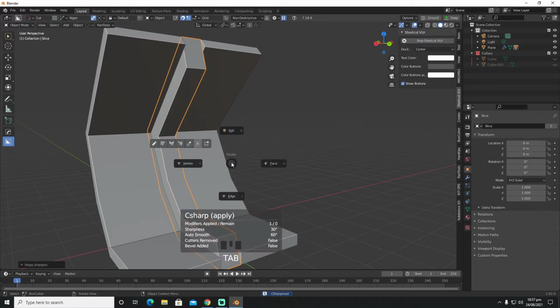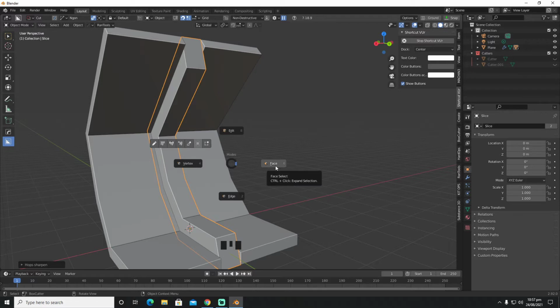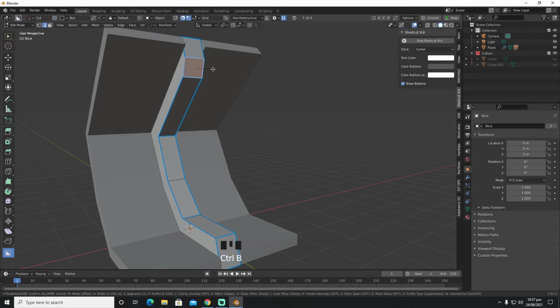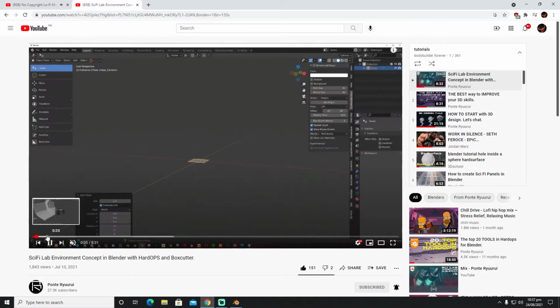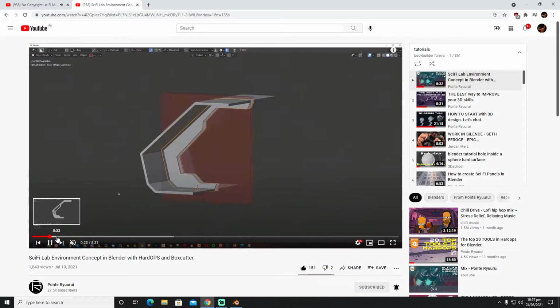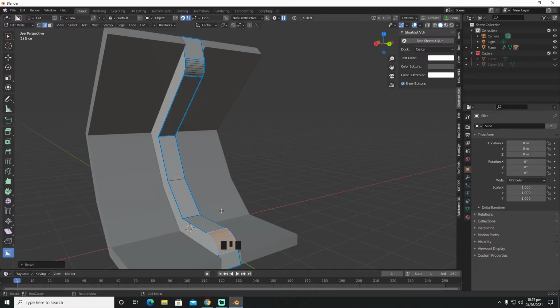so we're gonna sharpen this, and what we're gonna do is we're gonna go into edge mode, and we're gonna select this edge, and we're gonna Control B this. Yeah, we're gonna Control B this, and we're gonna select this edge, and we're gonna Control B this too. Alright, so the next thing what he did was he created something like this, and yeah, he inserted it. So